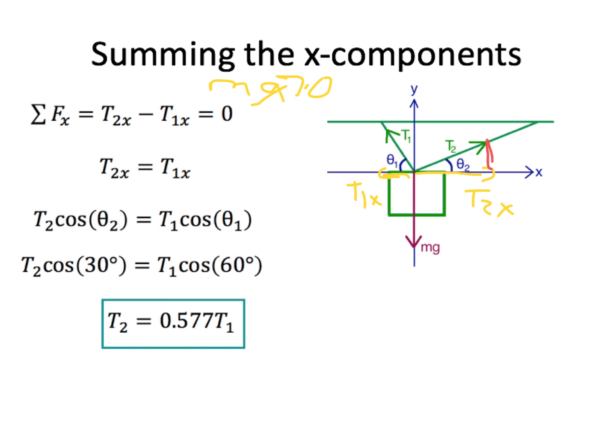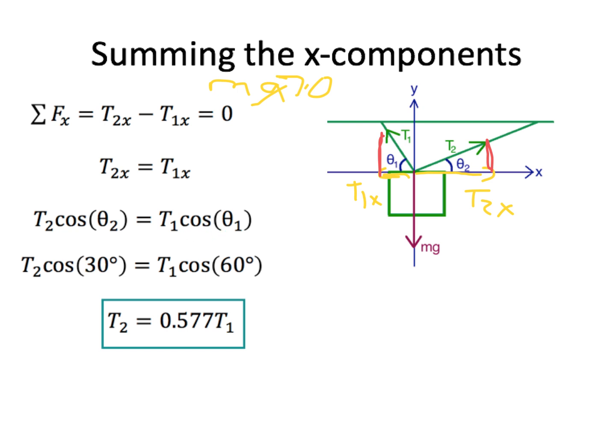Now if I look at the triangle here, we can see that T2x is the adjacent side to the angle theta 2, and T2 is the hypotenuse. Similarly, on this side, there's a triangle, and T1x is the adjacent side to the angle theta 1. So these both are going to be the cosine times T2 and times T1. So I can say T2x is T2 cosine of theta 2, T1x is T1 cosine of theta 1, and